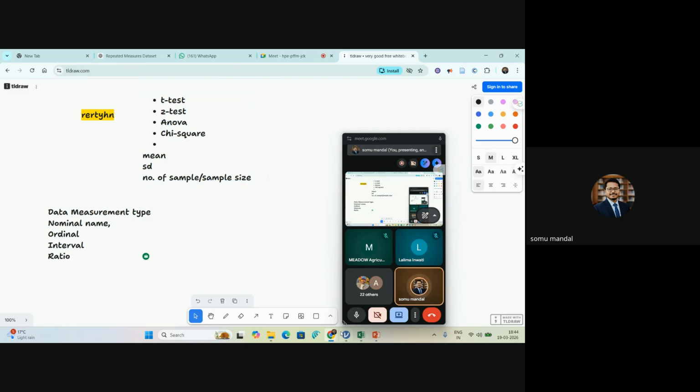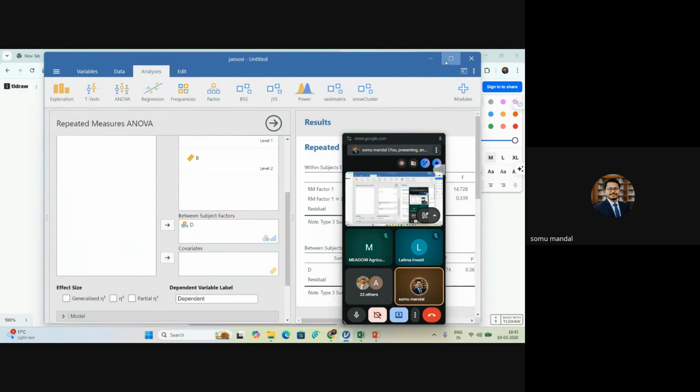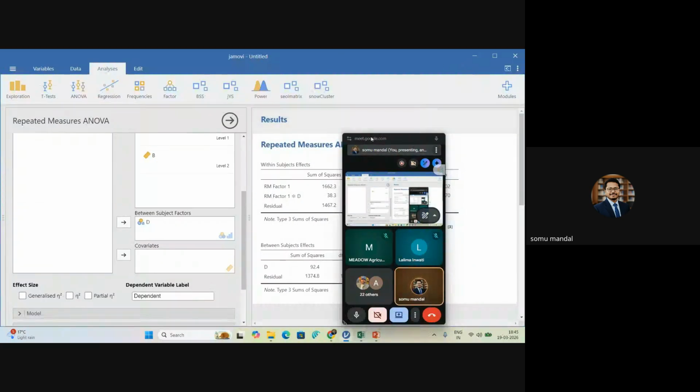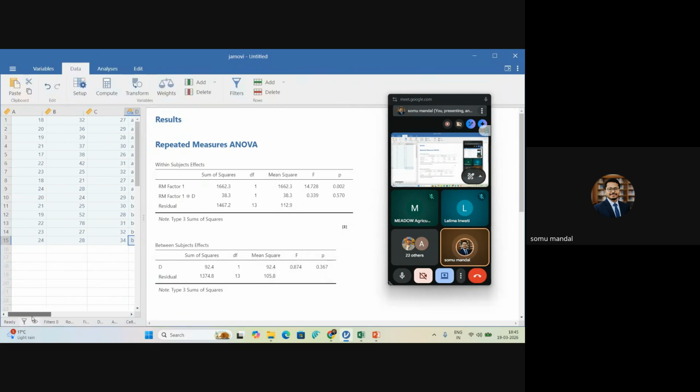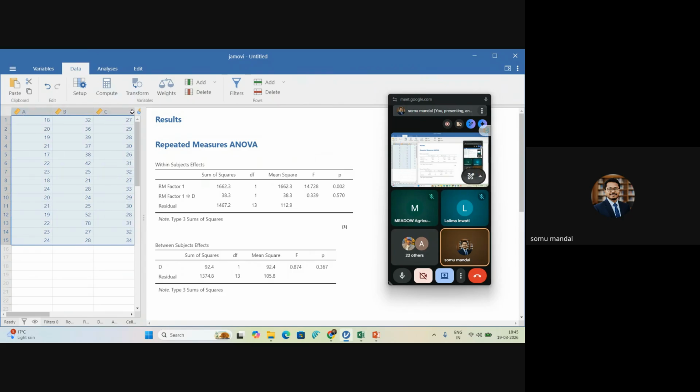So let's dive into the analysis part. This is the basic theory part. Along with this, we also try to understand how we can interpret our result. What assumptions are there? Please remember the different assumptions, nature of the data set, and measurement of the data set. These are very important steps before conducting any kind of analysis. Suppose you have a data set like this, let's take a new data set.